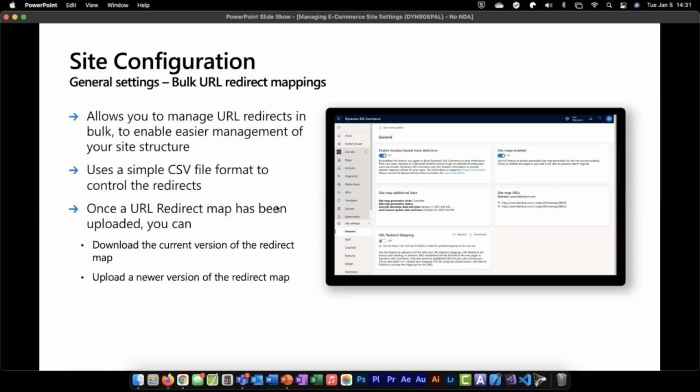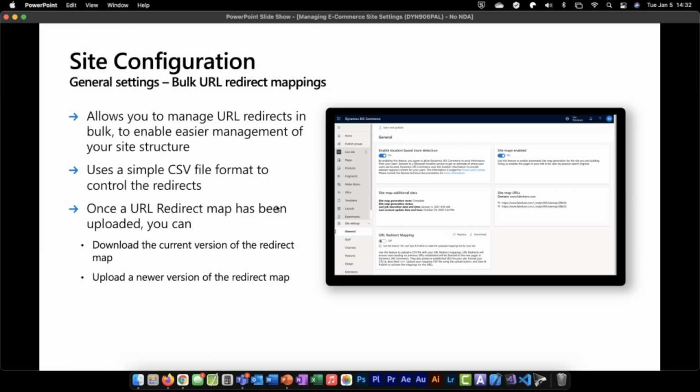But oftentimes when you want to do things in bulk, if you have tens of thousands of products and you want to make large wholesale changes, it can be time consuming to go and do it one by one. So we've built this tool that gives you the ability to do this through a CSV file. You can create a very simple CSV file, which just has four items in it that you need to provide. And you can upload that file, and when you save and publish that file, it'll automatically take effect,